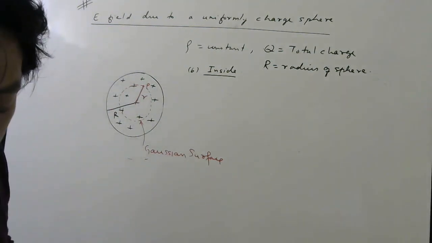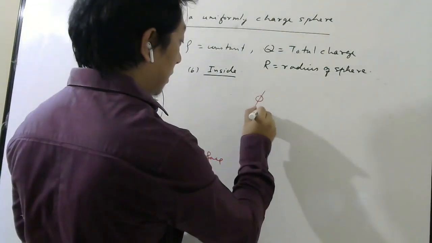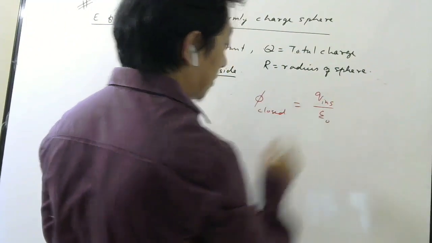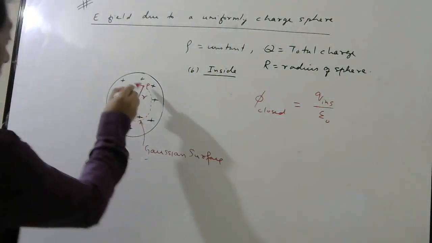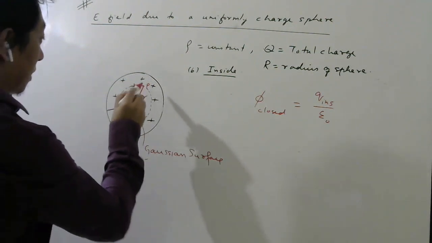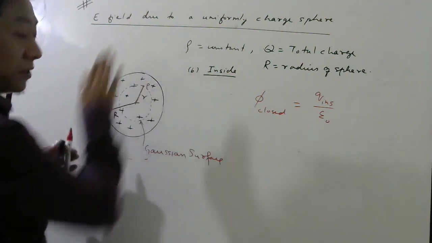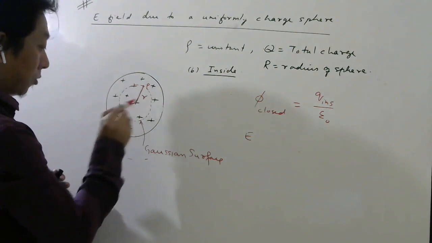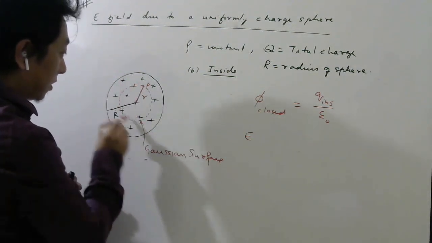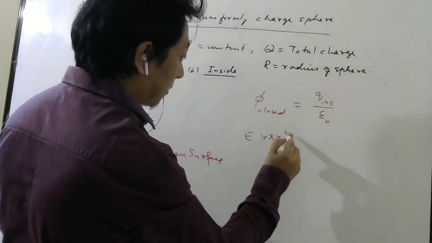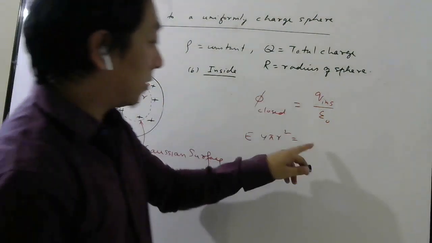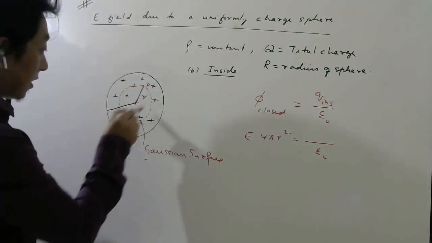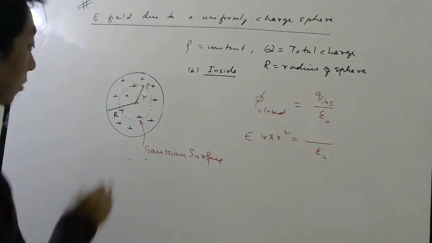So what will be the left side of Gauss law? What is Gauss law? Electric flux through a closed surface is equal to charge inside divided by epsilon naught. Right. Now what is the electric flux through this surface? Everywhere electric field is E and area vector and electric field are in the same direction like in the previous case. So this will be E into this area because we are integrating over the Gaussian surface, right? So this area will be 4 pi r square. The difference now will come here. In the case of shell, this was 0, remember. But now there will be some charge inside this. Yes or no?